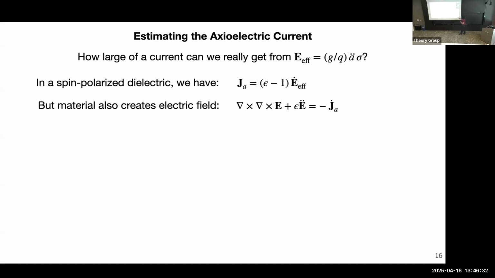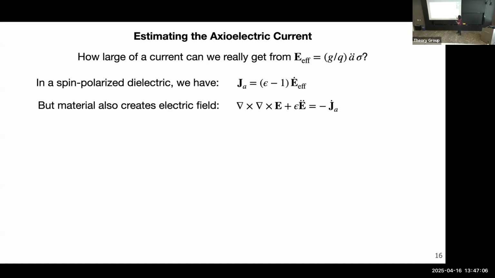So here's what happens. First off, the current induced in this medium is going to be the rate of change of its polarization, from Griffiths electromagnetism. And that's going to be epsilon minus 1 times the rate of change of E, because of the definition of permittivity. So this is all college E&M. Now at this stage, we have a current which is suppressed by 3 time derivatives, so it's even worse. But we do have an enhancement because epsilon can in principle be a very big number. So let's continue thinking about this.